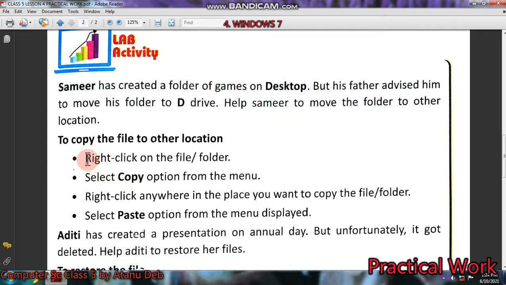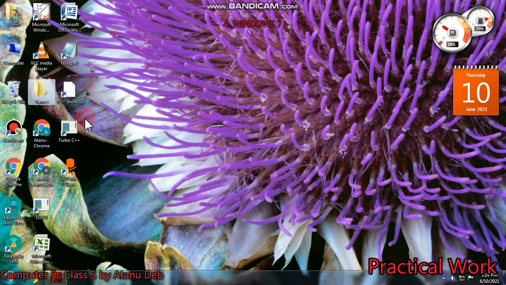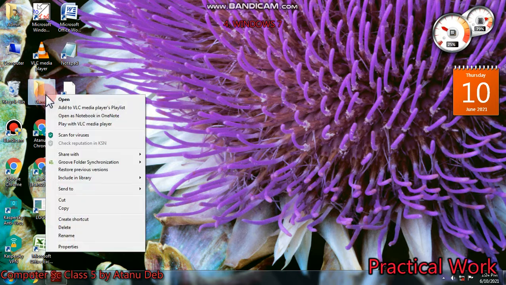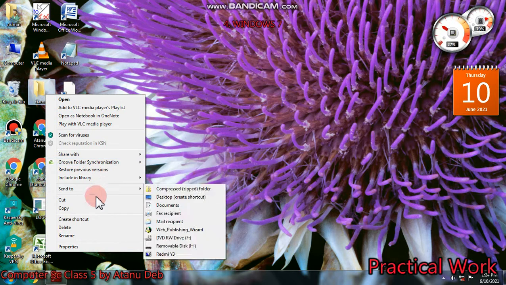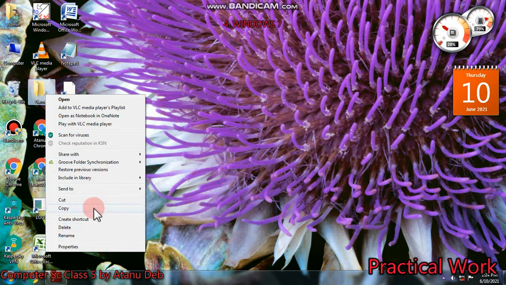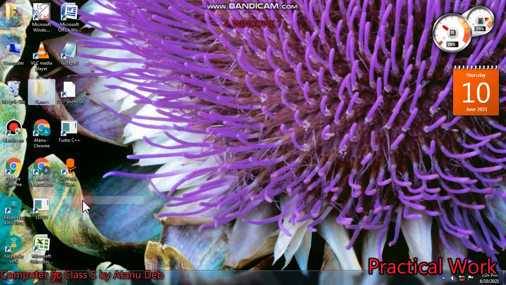So these are the steps. First of all, you have to right click on the folder, then select copy, and then you have to paste it to the location of D drive. Okay, so let us first begin. First of all, you select the folder by just single clicking on it on the desktop. So it has been selected. Now right click on the folder, so you'll get a context menu with various options. So you have to select the proper option. As we are moving the folder, you have to click on the cut option, not copy. Copy will create a duplicate, so you click on cut.